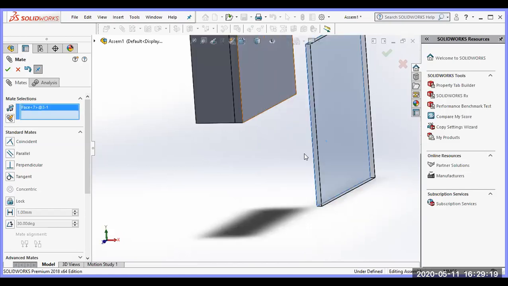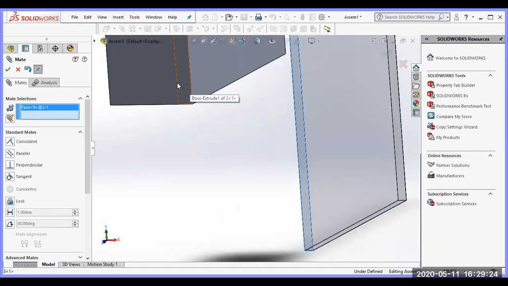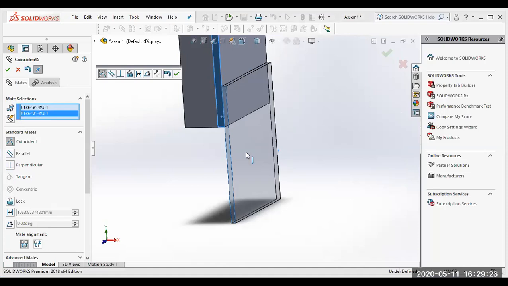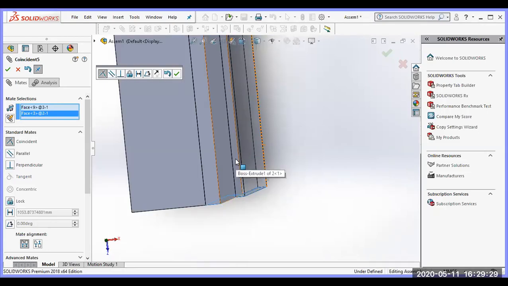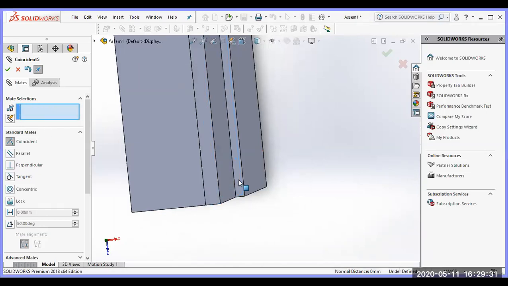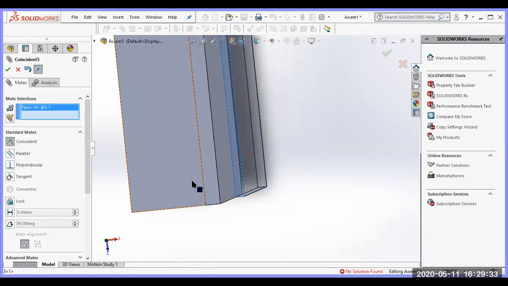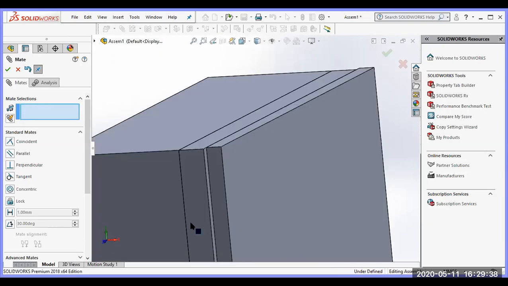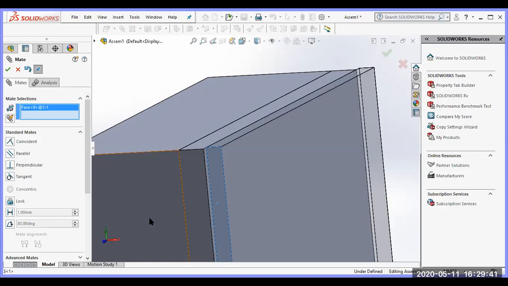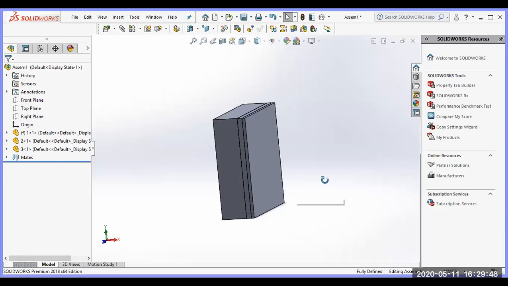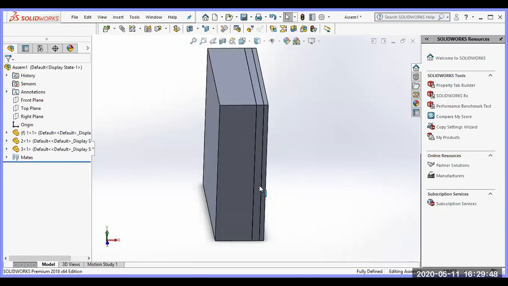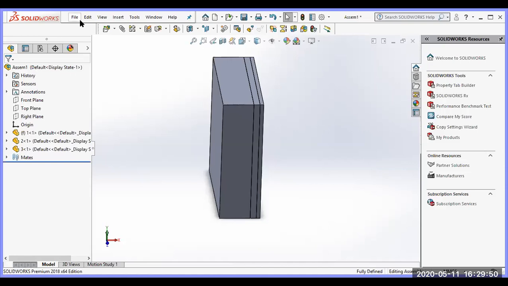Now this face and this face. And the next one is this top layer and this top layer. And the next one is this. Now it matches. Now it's over. Now I have 3 layers, first layer, second layer, and third layer, for different materials. Now my model is over as per the dimensions of the problem.